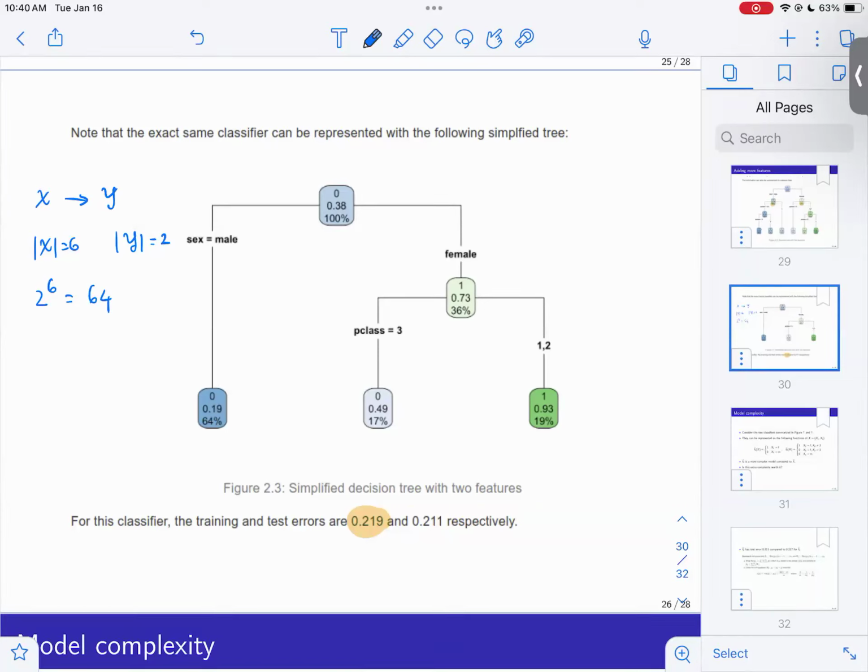If I had maybe 60 levels, then it would be 2 to the 60, which is very large. It quickly grows the space of functions. And once your space of functions is large, then you have to worry about all the things that I mentioned, so you start to have potential for overfitting. 64 is still maybe not too bad because you have 1,000 samples. But by the time your number of functions is much larger than the sample size, then you have to start to worry.